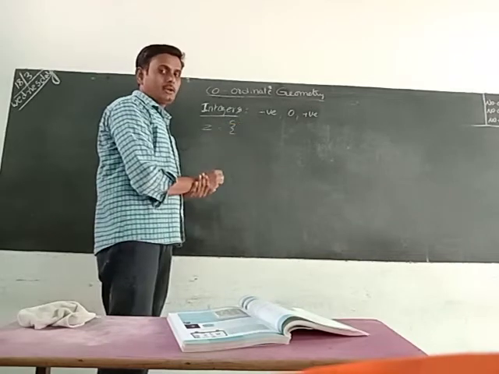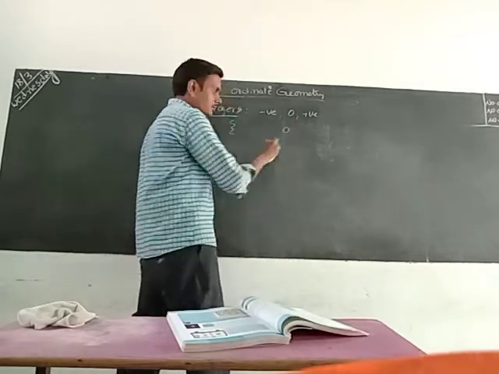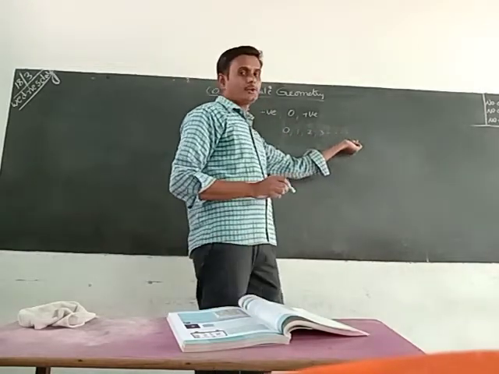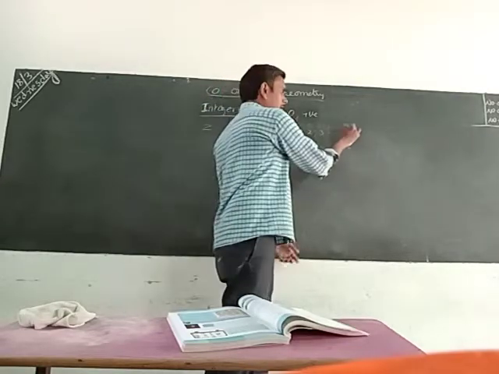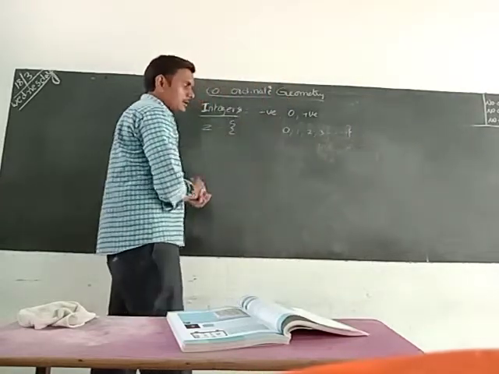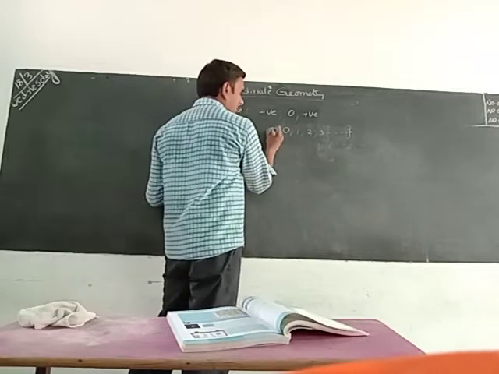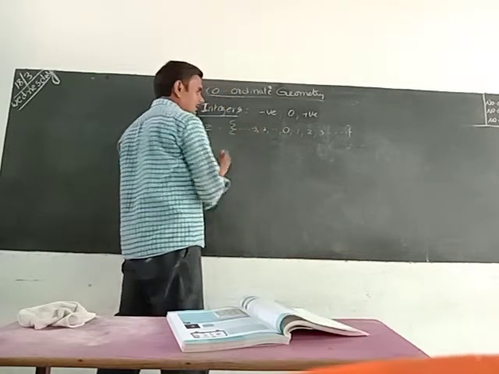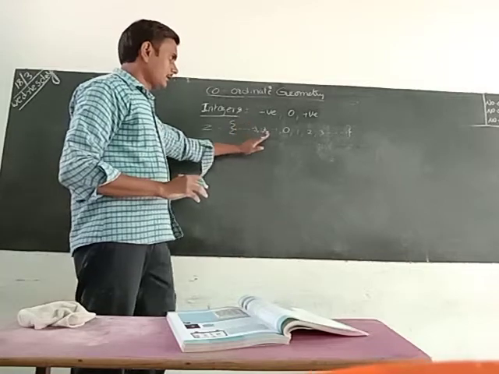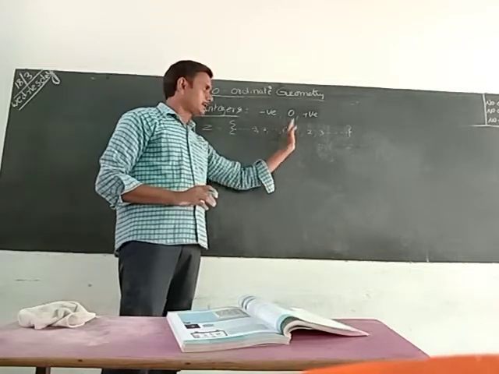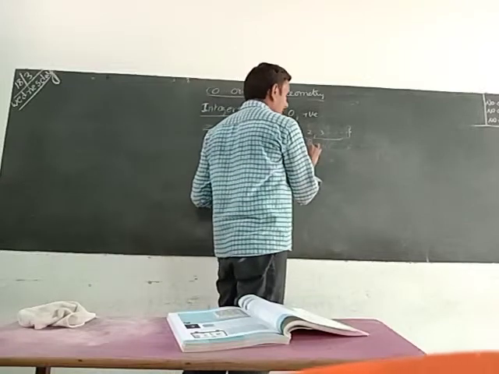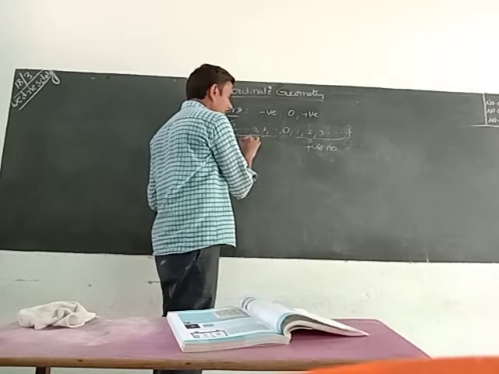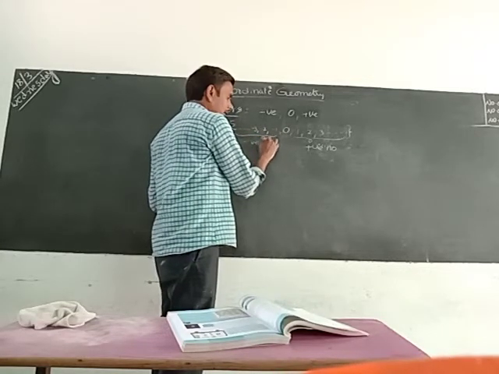How can we represent the integer group? Here we can write 0, 1, 2, 3. If you observe, after 0 I have written positive numbers 0, 1, 2, 3 and so on. And on the left side of 0 we can write negative numbers, that means -1, -2, -3 and so on. Then we have to remember, on the right side of 0 we can write positive integers, and on the left side of 0 we can write negative integers.